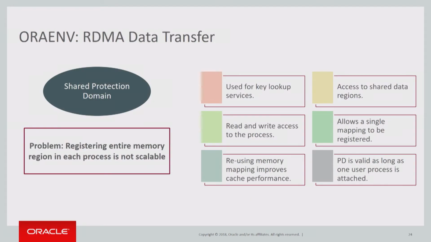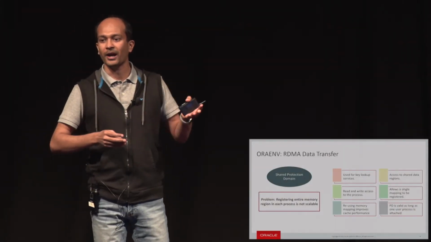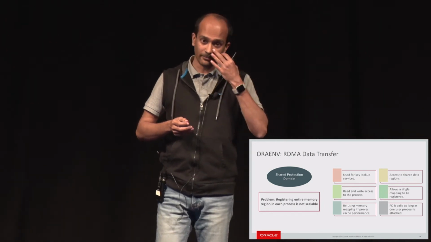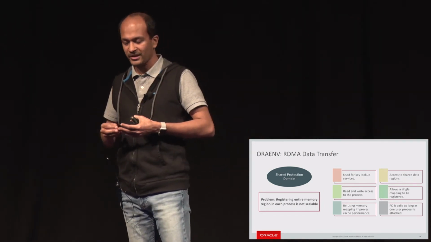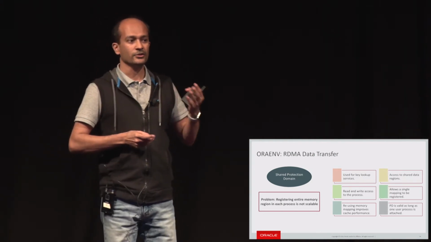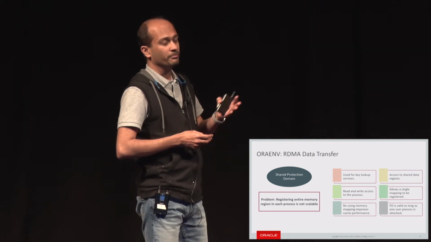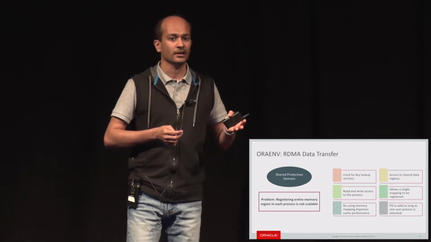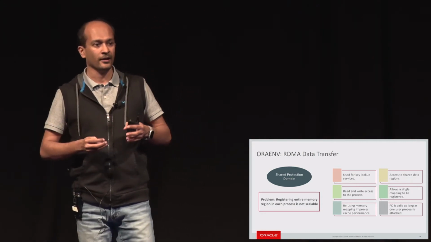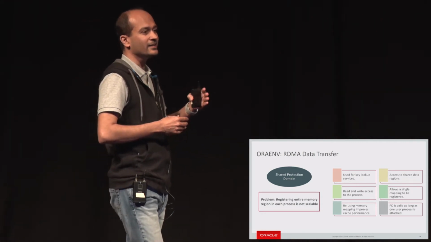Then the second part that I mentioned was to enable zero-copy data transfer. So whenever we have such big pieces of memory and we want to do RDMA, and you have thousands of processes, a big scalability bottleneck is how do you register this memory in every process that's running as part of the instance. So to solve that and to prevent the overhead and the scalability challenges with it, what we've done is use shared protection domains, and it basically helps